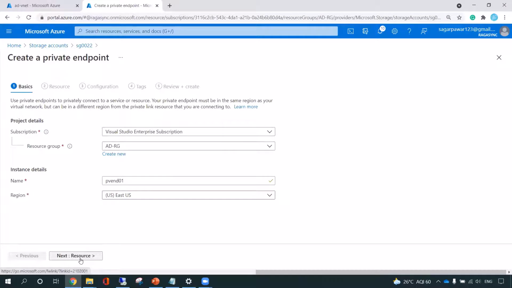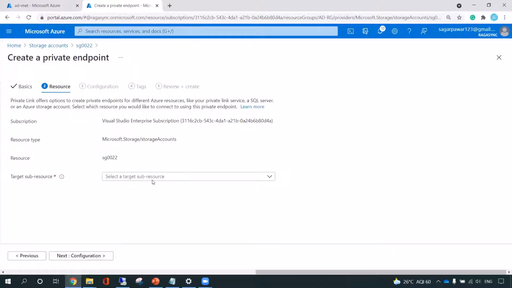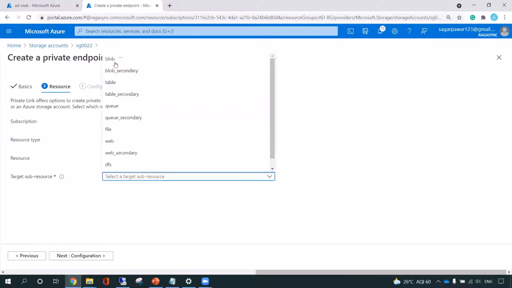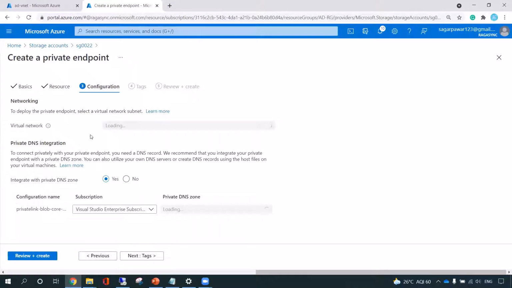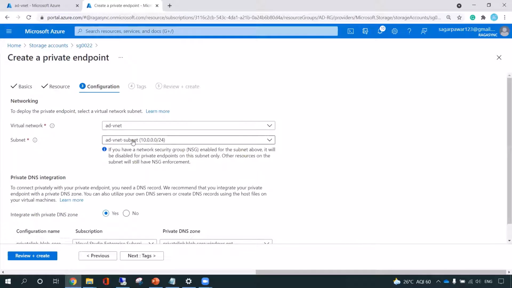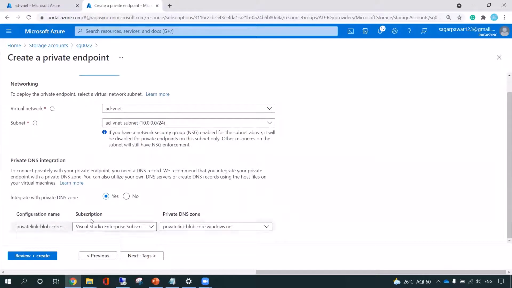For the resource, I have to select blob only. In the configuration, I have to select the virtual network from where I'm going to connect to this storage account. I want to assign the private IP from this virtual network where my resources are located. I will also create a private DNS zone like this, and go to next.